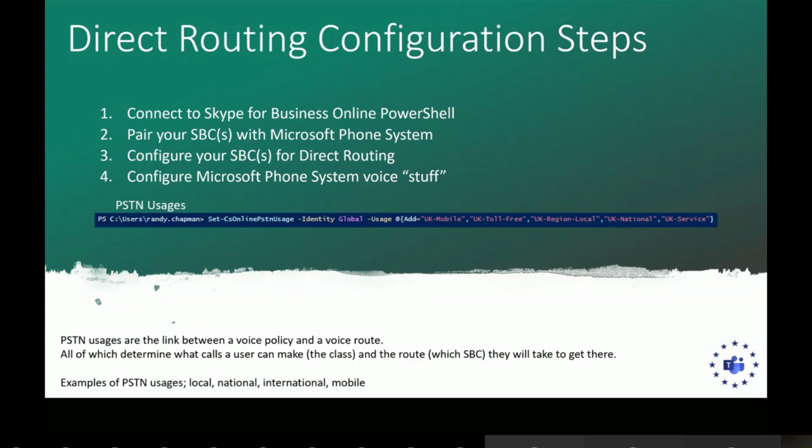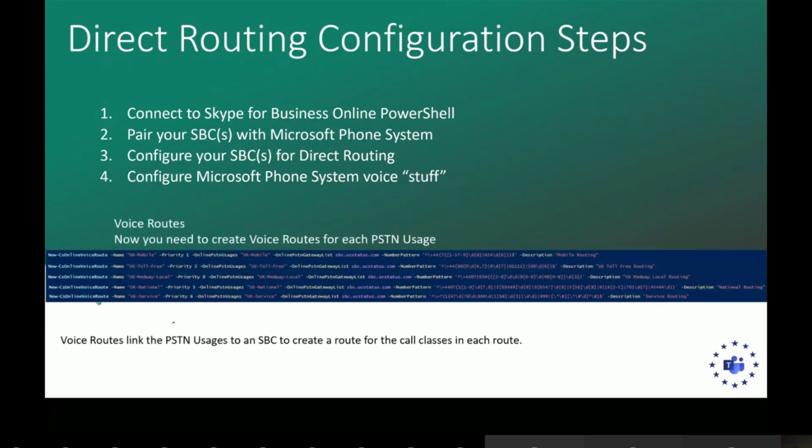And then it also determines which SBC or which route the call will take when they place that call to a local, national, or international number. And you can have a different SBC or a different route for each of those things. Maybe you have a different carrier agreement, which gives you better least cost routing for international calls. Or maybe it's just international calls to a specific country that you call a lot. You've negotiated a rate, so you can have a separate SBC for that if you wanted to.